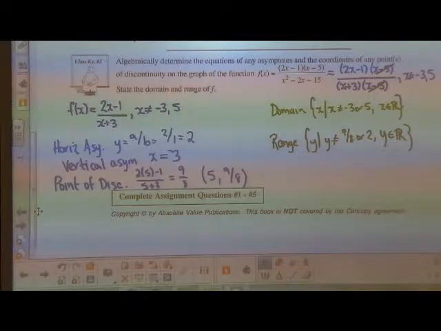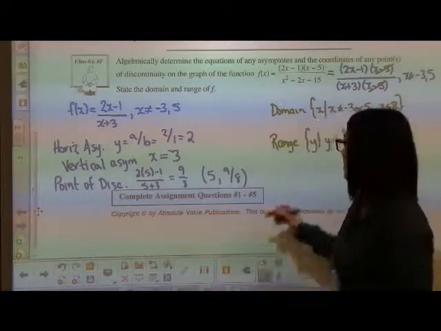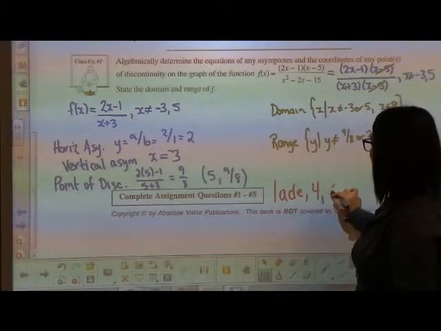So this section really explored the idea of horizontal and vertical asymptotes and points of discontinuity. So the questions that I would like you to practice on, questions 1, A, D, and E for